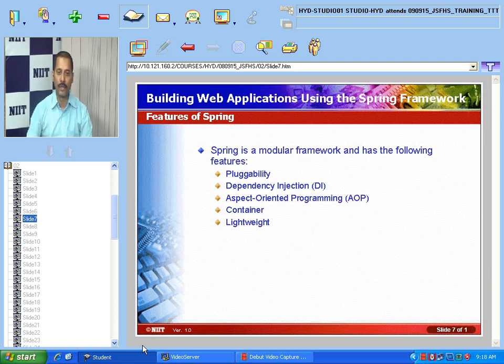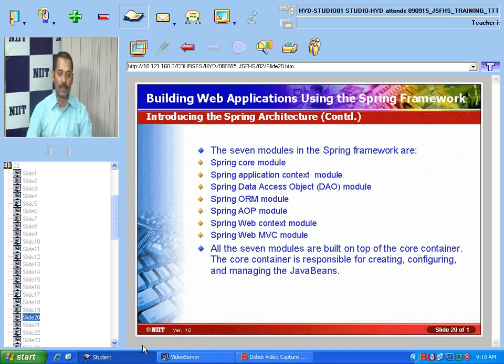We have started discussing these: the core module, application context module, data access module, ORM module, AOP module, web context module, and web MVC module. Like that, we have 7 different modules.